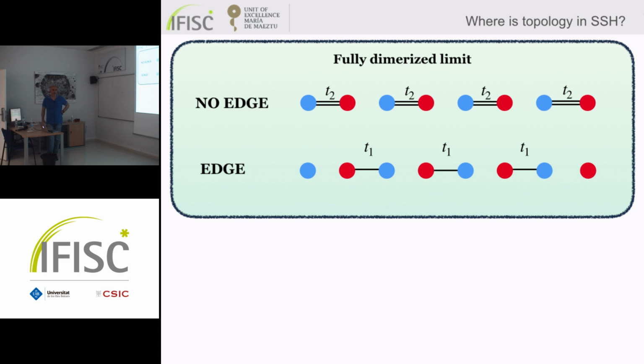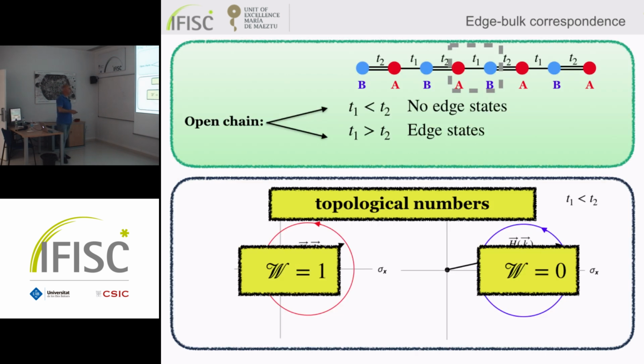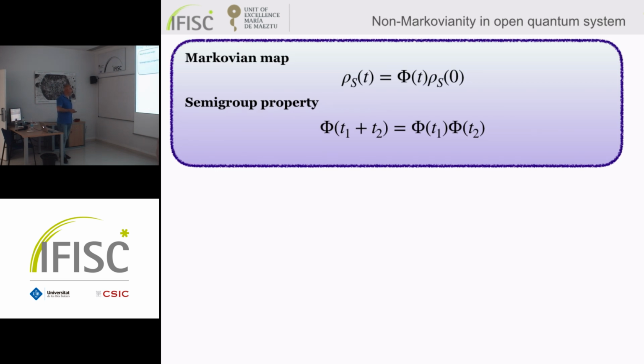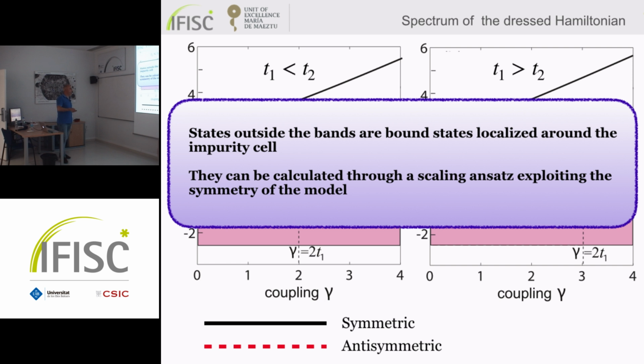I have a question myself. I'm a bit confused by the message of your result. If I understand well, your finding is that the probe is also affecting the topological phase of the system. No. It depends on this parameter gamma. No, it is not actually, because you can define these two topological numbers that are 1 and 0 for the two phases, and you find the same binary structure here.